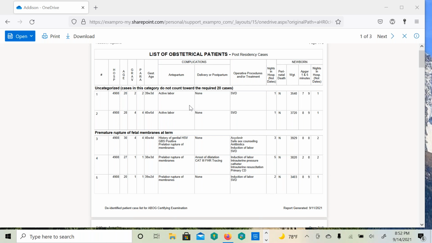If it's changing from a brow presentation to a face presentation. That's exactly right. It is moving more toward a face presentation. The head is flexing more and more, and now that's a C-section too. What else might you be watching for during labor that would lead you to recommend proceeding instead to a cesarean?